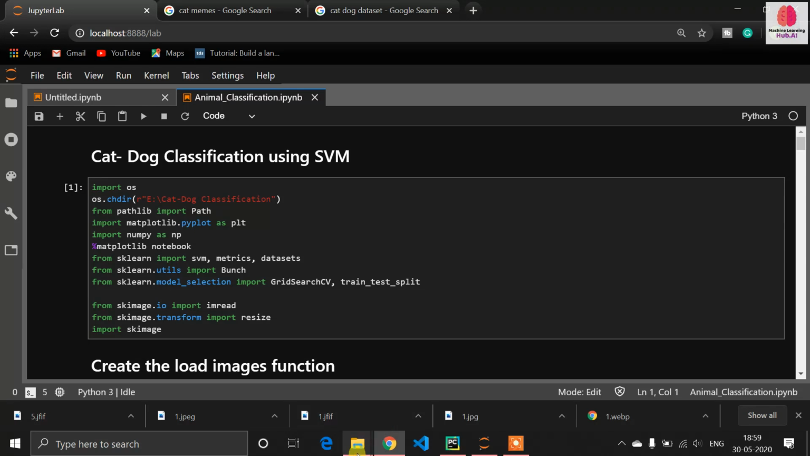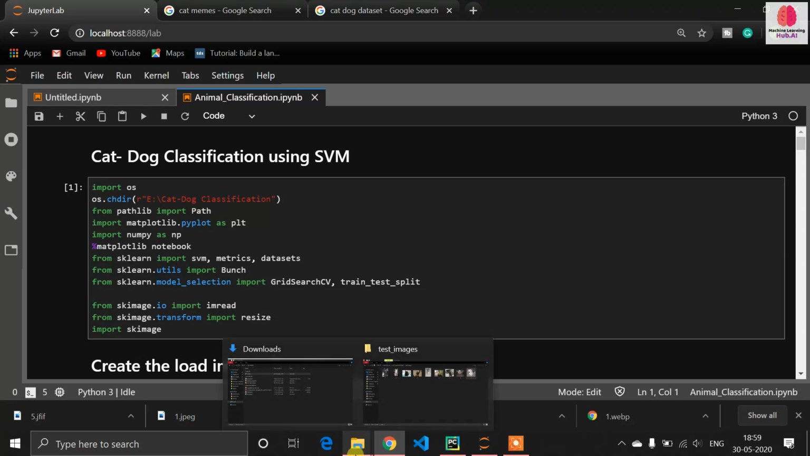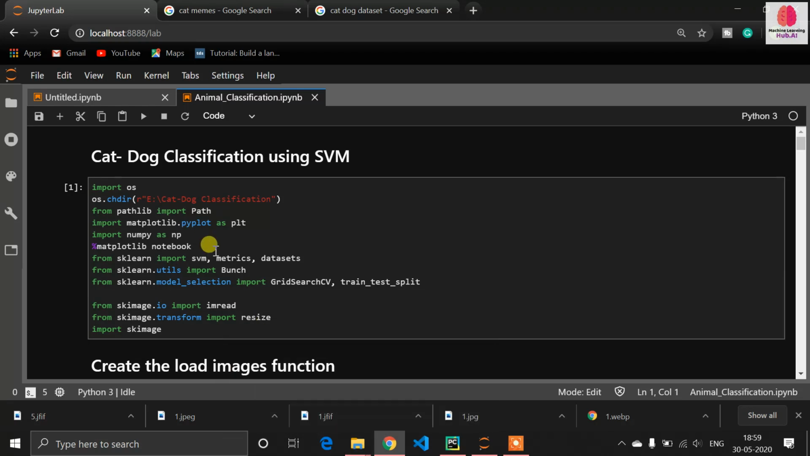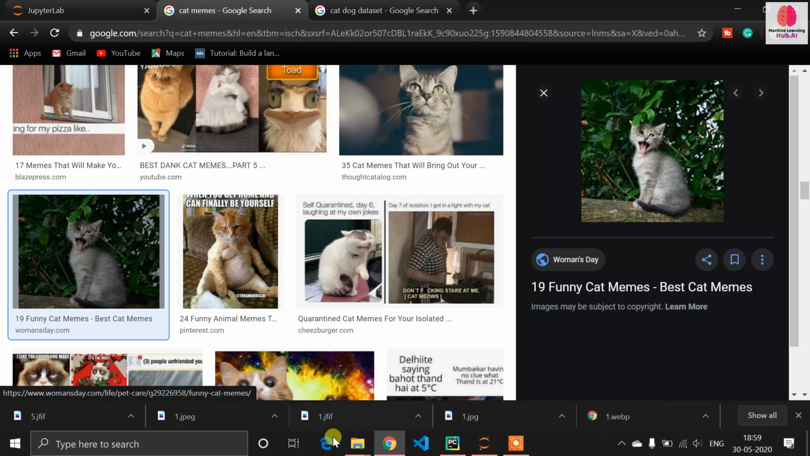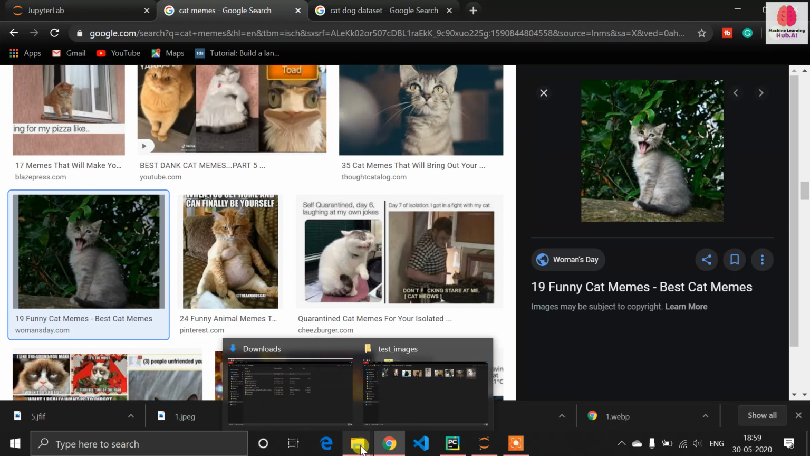So let's start. First of all, you need to have a data set. You need an image data set of cats and dogs. Just go to Google and search for cat and dog data set. You will find a Kaggle link. Download that data set. In that data set, there are almost 15,000 images for cats and 15 to 17,000